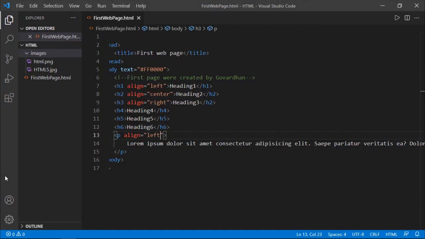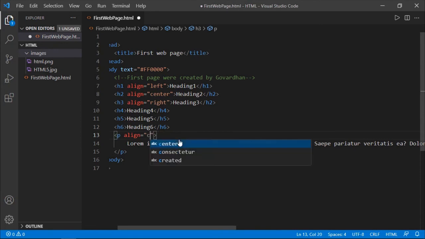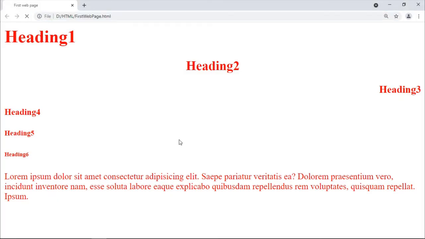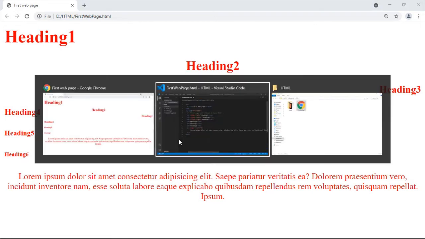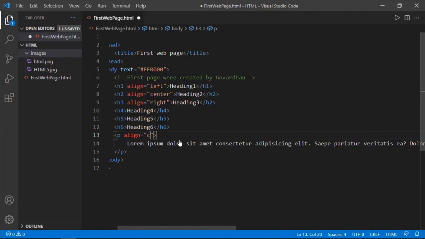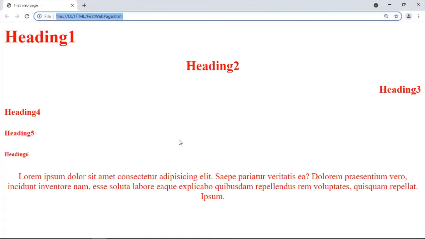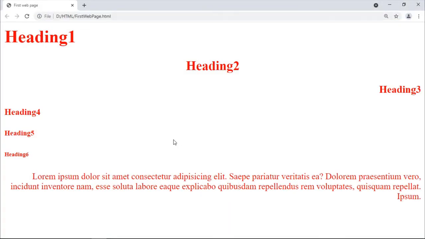If you take the center, it is going to be displayed at the center of our page. If you take right, each and every line starts at a different position, but ends at the same column position.